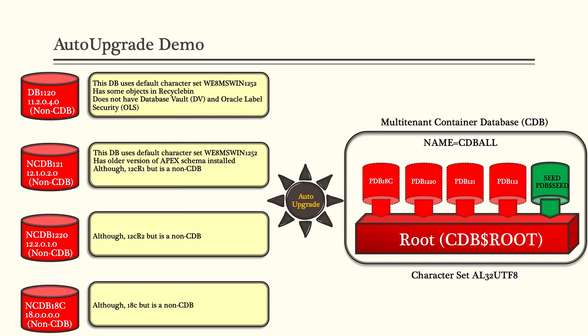But if you upgrade your databases up to 12.2, the Apex schema used to be automatically upgraded. Now, starting from 18c, when you upgrade to 18c, the Apex schema is no longer part of the DB upgrade. So you have to do it before. And I told you what the reason is. Those who have done 12.2 upgrades with the Apex schema inside their database, even if they are not using it, know that the Apex schema upgrade takes more than 30 minutes. 45 minutes it used to take on my machine.